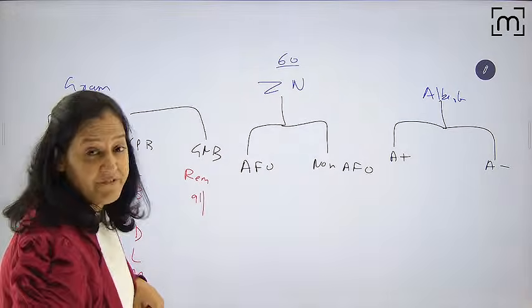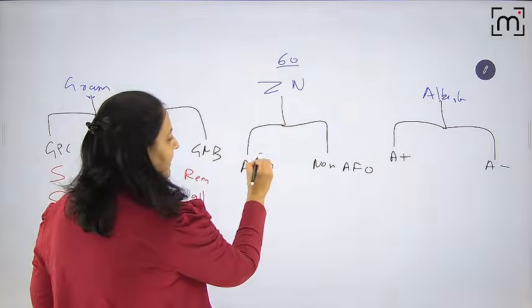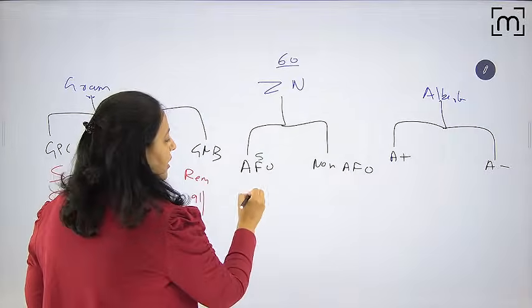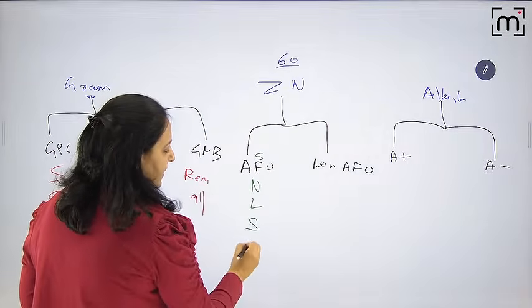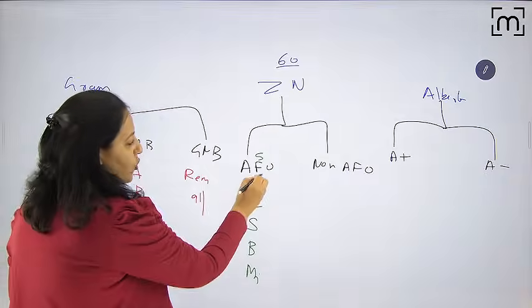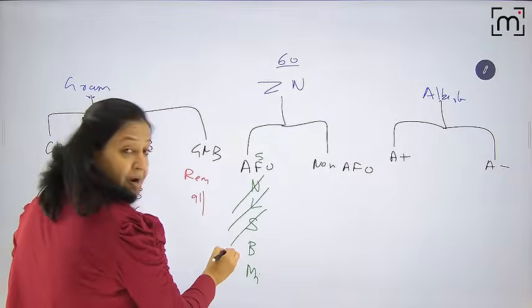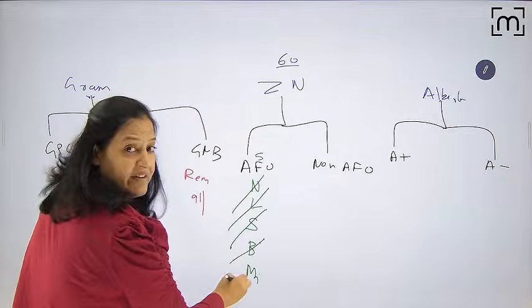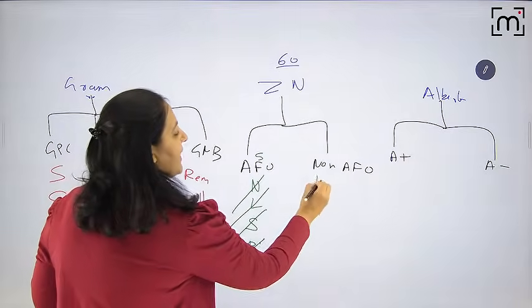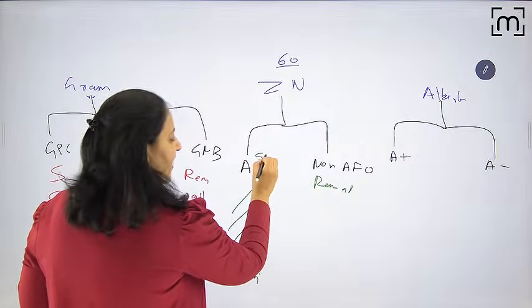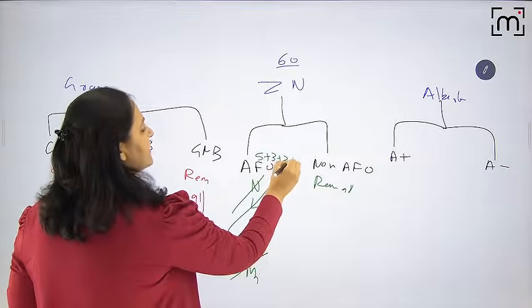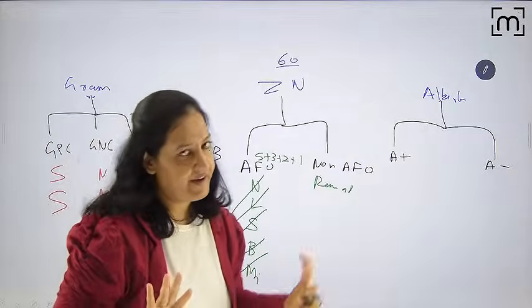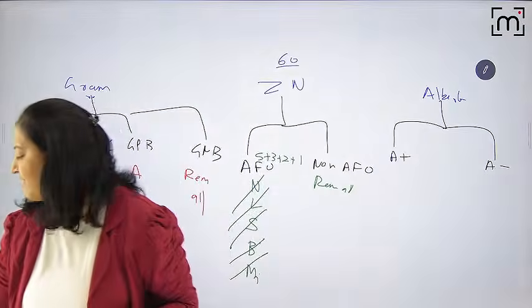Come on, acid fast, ZN stain. So here we have 5 bacteria. Okay, what are the 5 bacteria? Nocardia, Legionella, Smegma bacilli, bacterial spores, and Mycobacterium. Remaining all will come here. Along with 5 bacteria, we have 3 parasites and 2 fungi and 1 miscellaneous also, that you know. Currently, we are classifying bacteria. I am interested in bacteria.